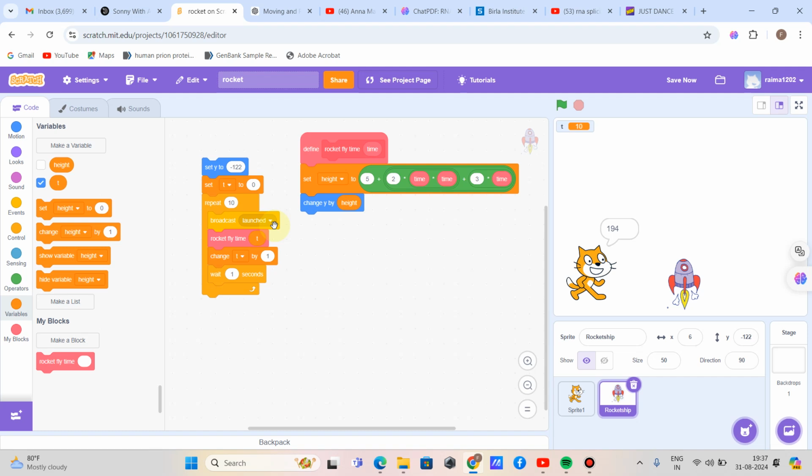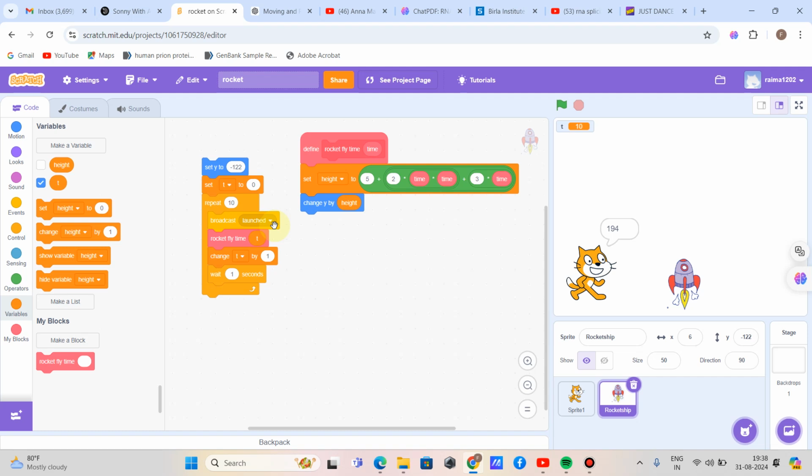So the other person understands that his phone is ringing, and he has to pick up the cup to listen to the caller. In a similar way, the broadcast block just signals the cat that now it has to wake up and start saying the height which it has reached.